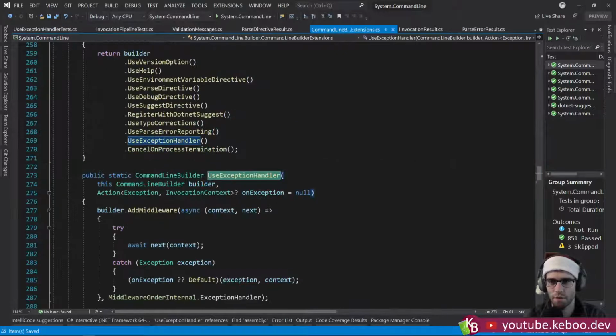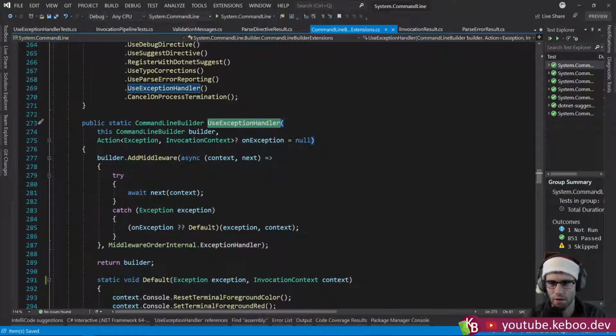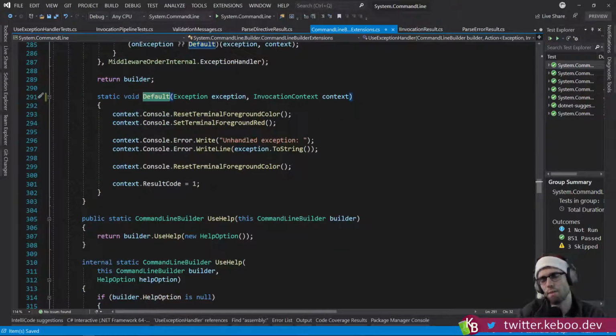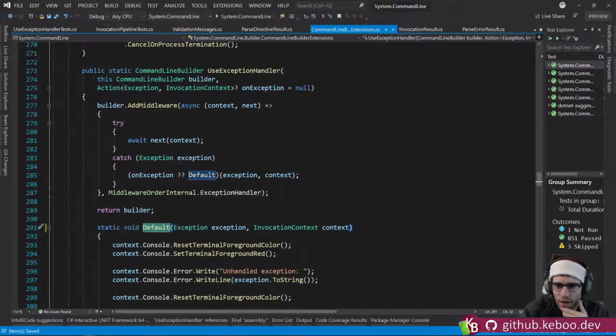So if somebody calls use exception handler on exception, let's see. We want to fall into the default case. Right? Because technically you could roll your own exception handler. What we're really saying is we want to leave this in place and just customize the behavior of this. So on exception,